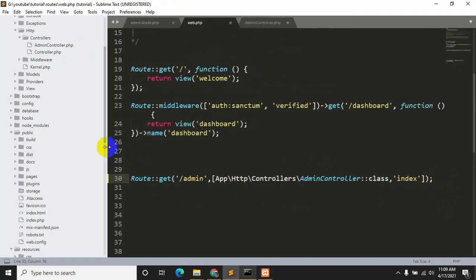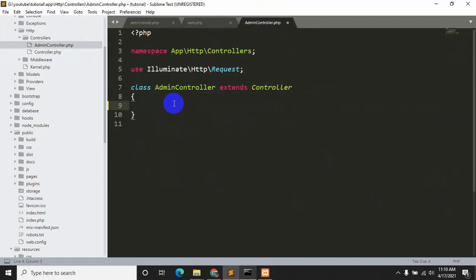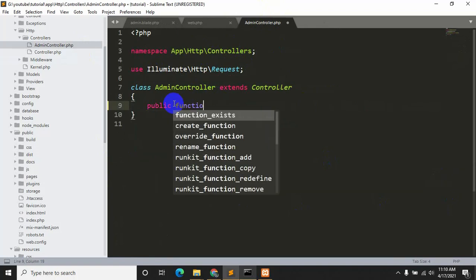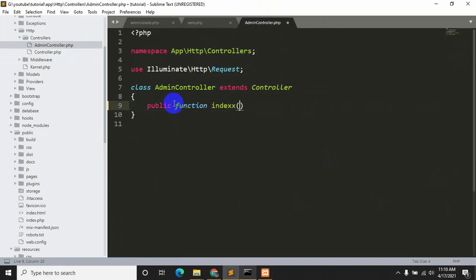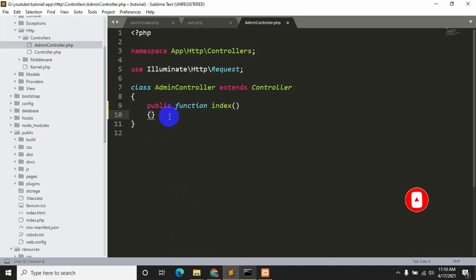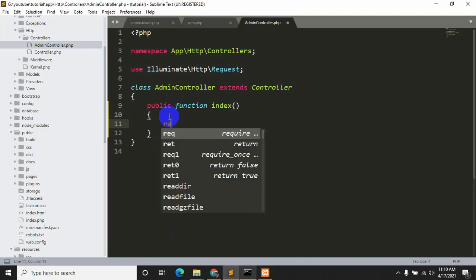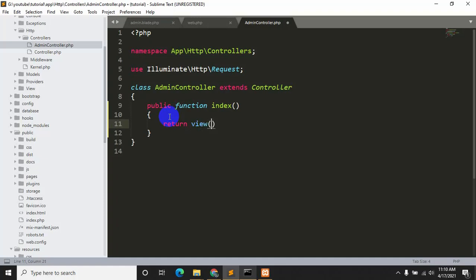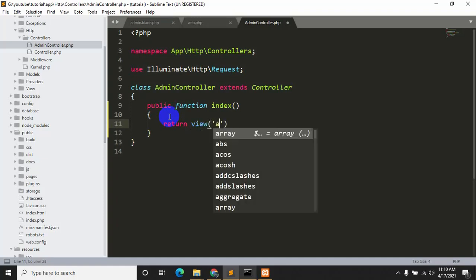Okay, so let's say over here public function index, then return the view over here. We'll say return view, it will be admin.